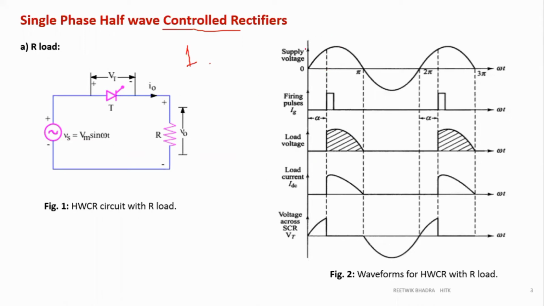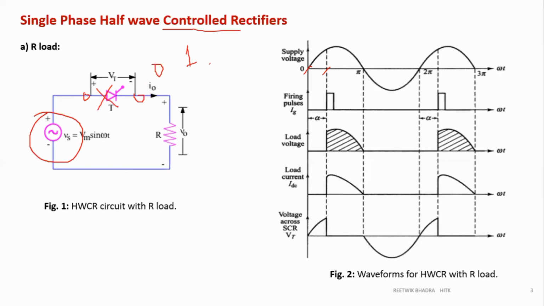In the first half cycle, we'll analyze from this part because the first half cycle has two parts. One is 0 to alpha and then alpha to pi. Between 0 to alpha, between these 2 points, what is happening? No gate pulse is given, so this is off. If this is off, and I connect a voltmeter like this which measures this VT, what reading will it show? Obviously your Vs, right? Because there is no load current flow in this, V naught is 0.